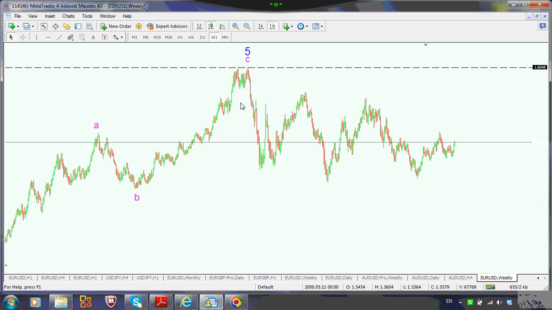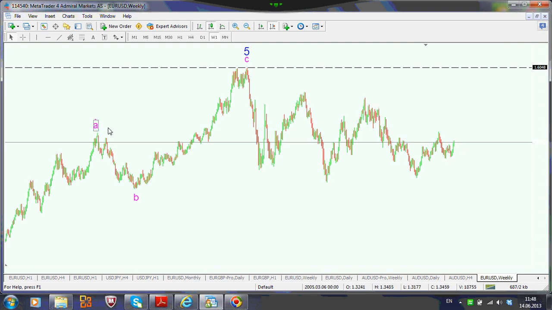Now, the whole move from the inception of the currency in the 1970s and then to the upside here is basically composed of 5 different waves of this degree, and I am looking for this correction that started here to be the beginning of a correction that will actually correct the whole pattern to the upside from the inception of the currency until the 160 area. This is only the beginning of the move. So from my point of view, we are having, of the same degree here,